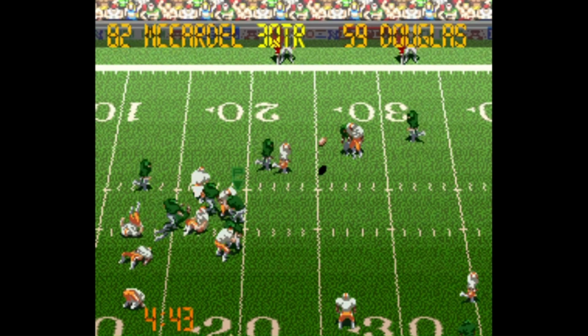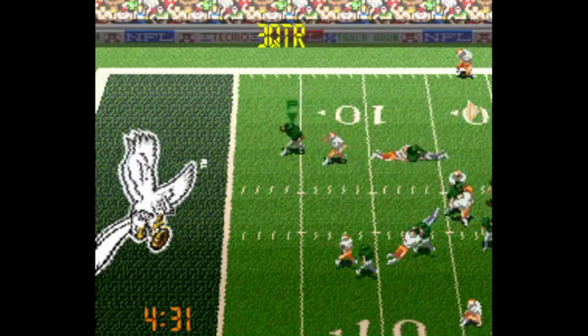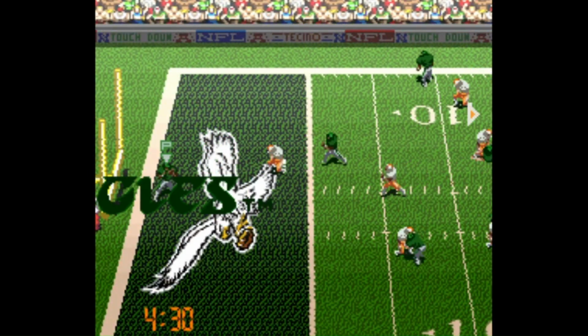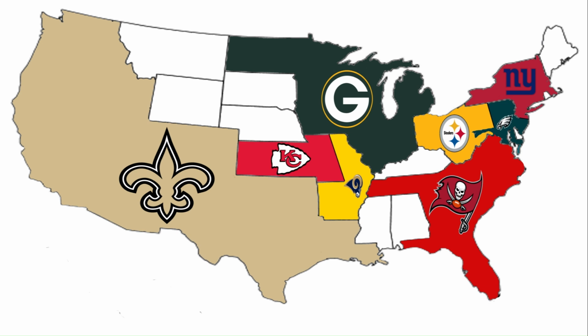Brad Johnson facing some pressure. He gets picked off by Troy Vincent, and that will return the favor as he returns it for the touchdown. Philly's going to go up now 14-9 in the third quarter. And from here, the three-headed rushing attack of Duce Staley, Brian Westbrook, and Donovan McNabb himself took over the game. The Eagles rout the Buccaneers 34-9. The Buccaneers took Imperialism in 2001, made the championship game in 2000, but in the season where they won the Super Bowl, they can go no further.